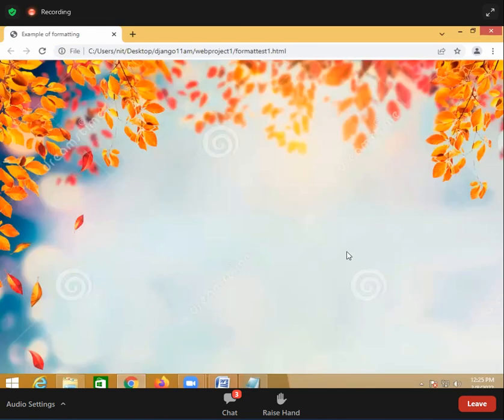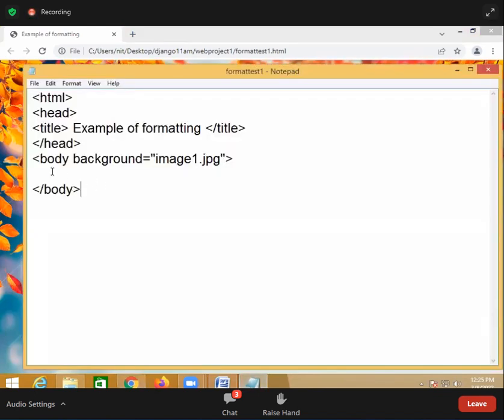Now you can see this is the background image. This is the image I've taken here. Then I try to insert some line breaks, and then I'm saying